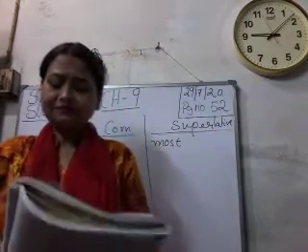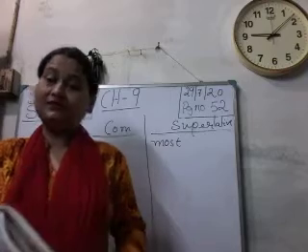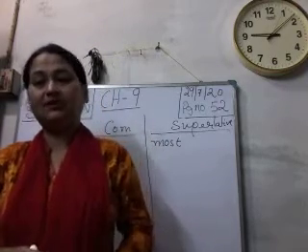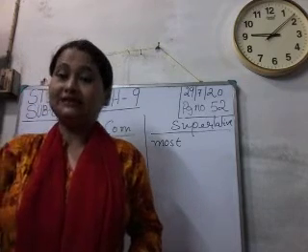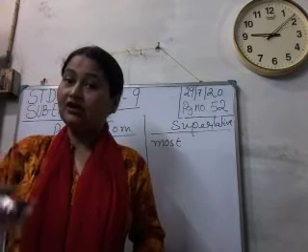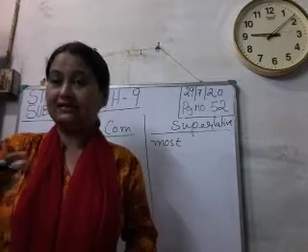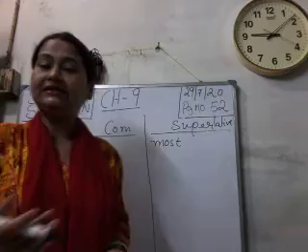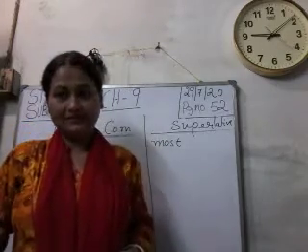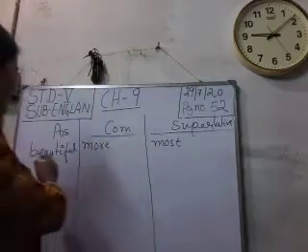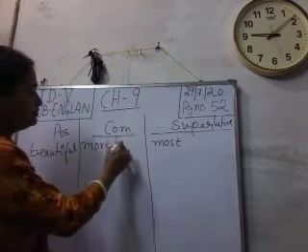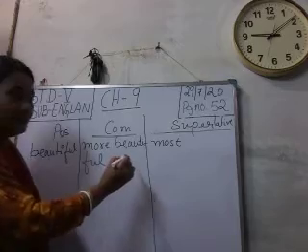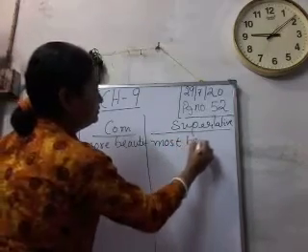Now see, these words have more than 2 syllables. Syllables we know, big is a 1 syllable word. But when I say beautiful, suppose intelligent, it has more than 2 syllables, isn't it? So here we add more before the comparative degree and most before the superlative degree. Understood? So what will we write here? Beautiful, more beautiful, and in superlative degree, most beautiful.